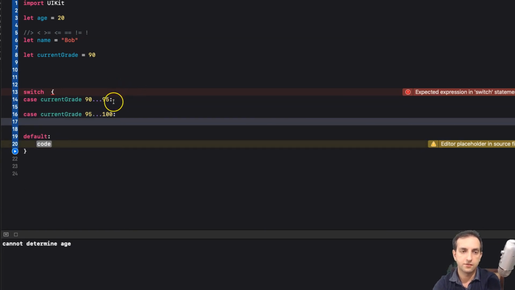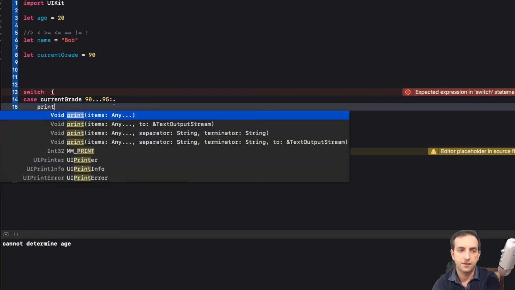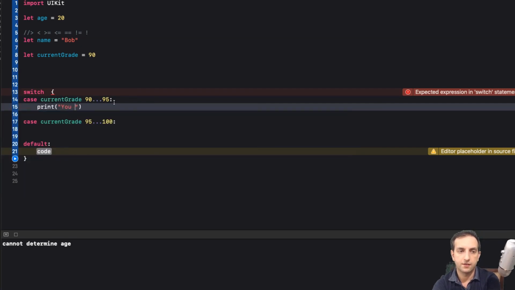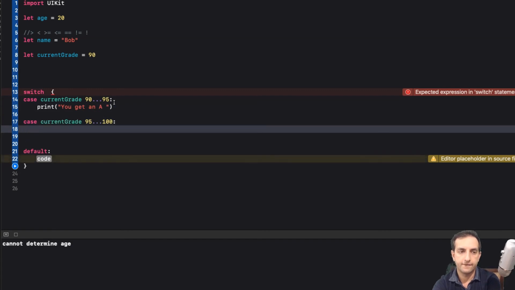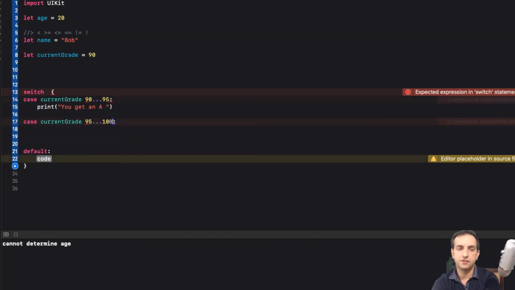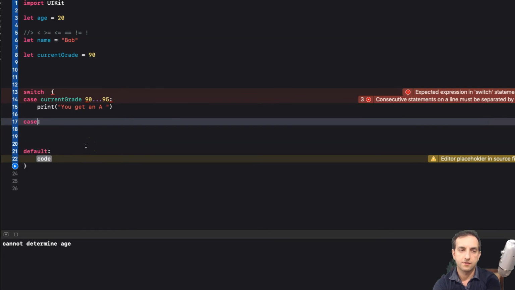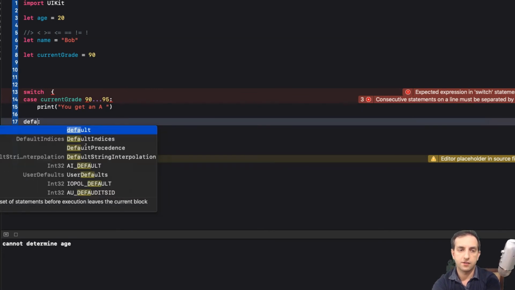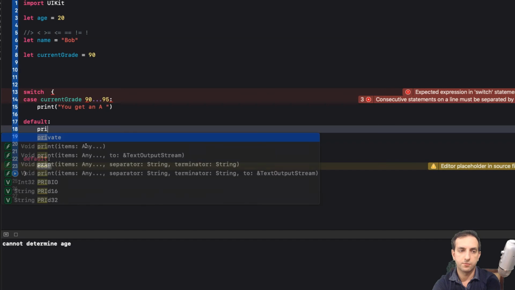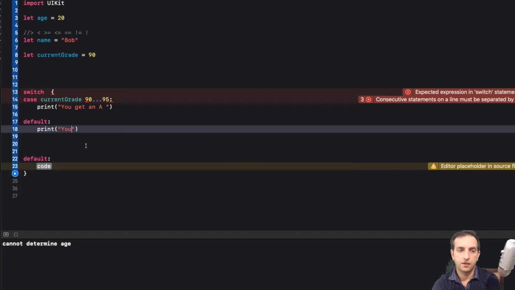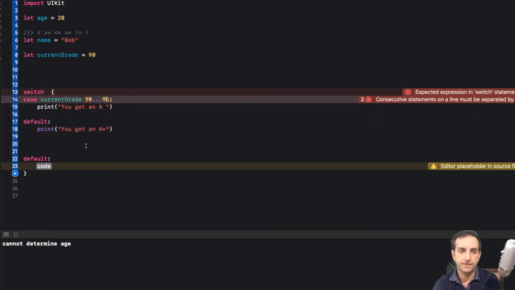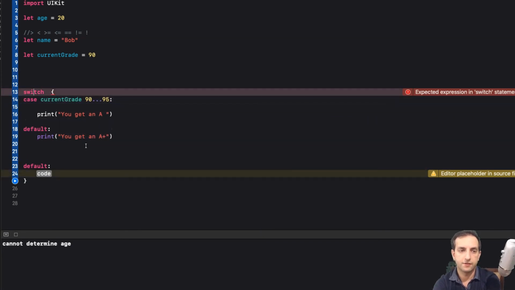Then you get an A. So it's like you can just say print. You get an A. So we can actually make this a default statement, because if all the conditions are saying the print A plus. And then this one,